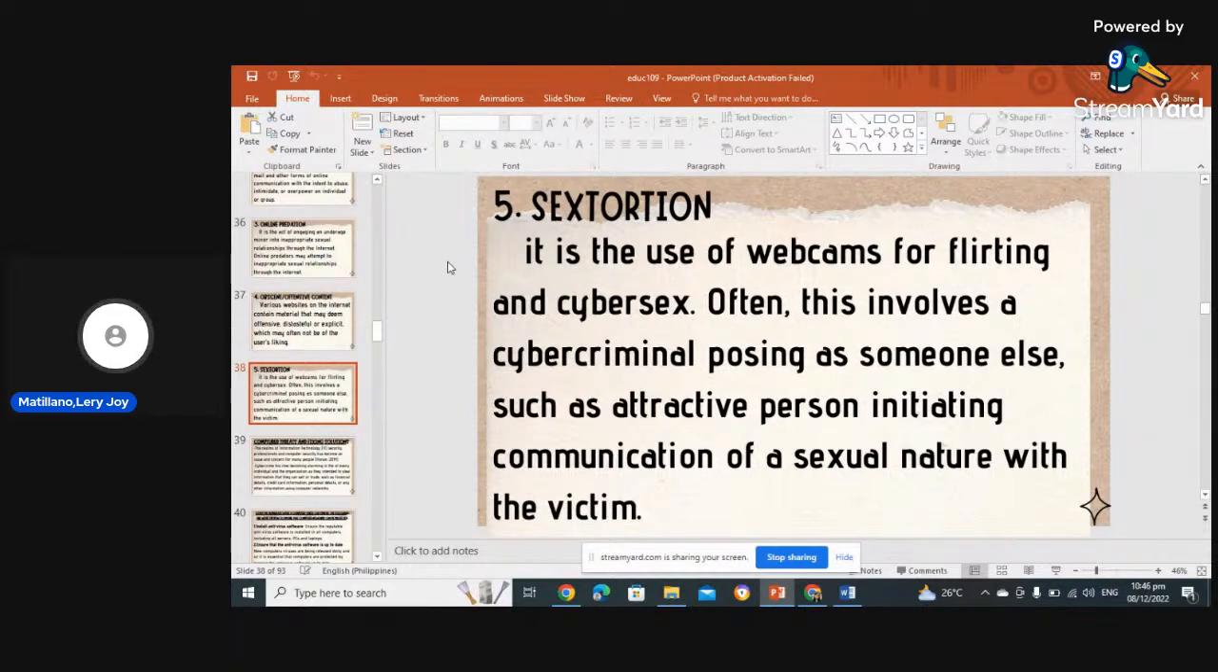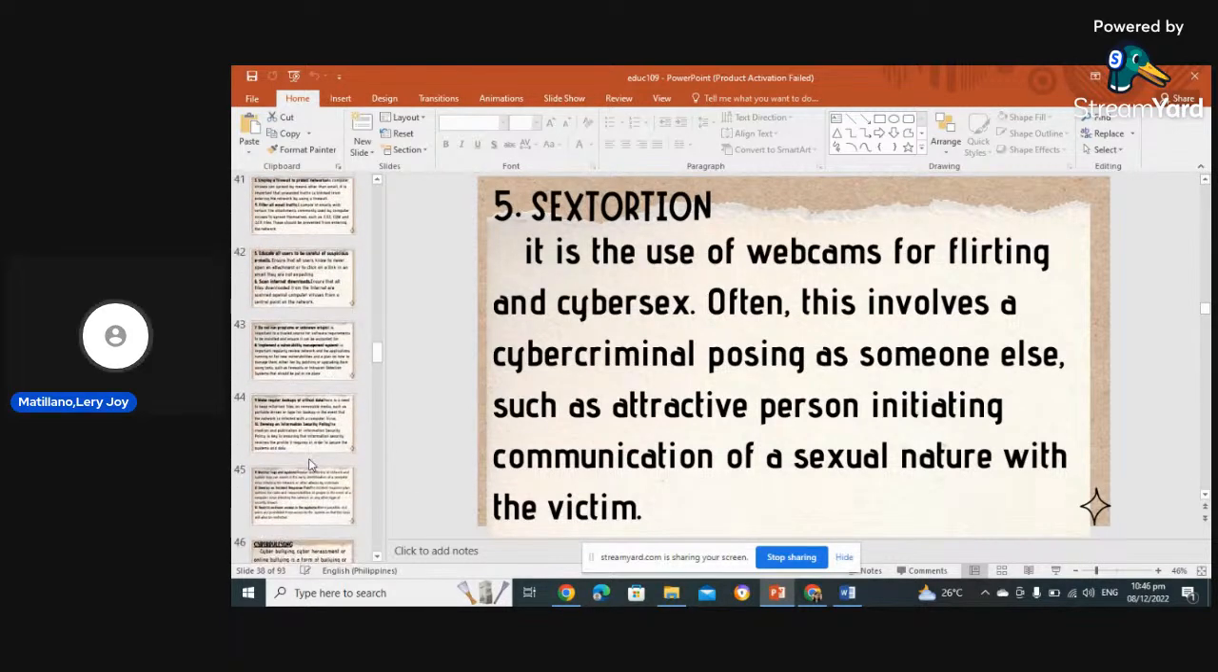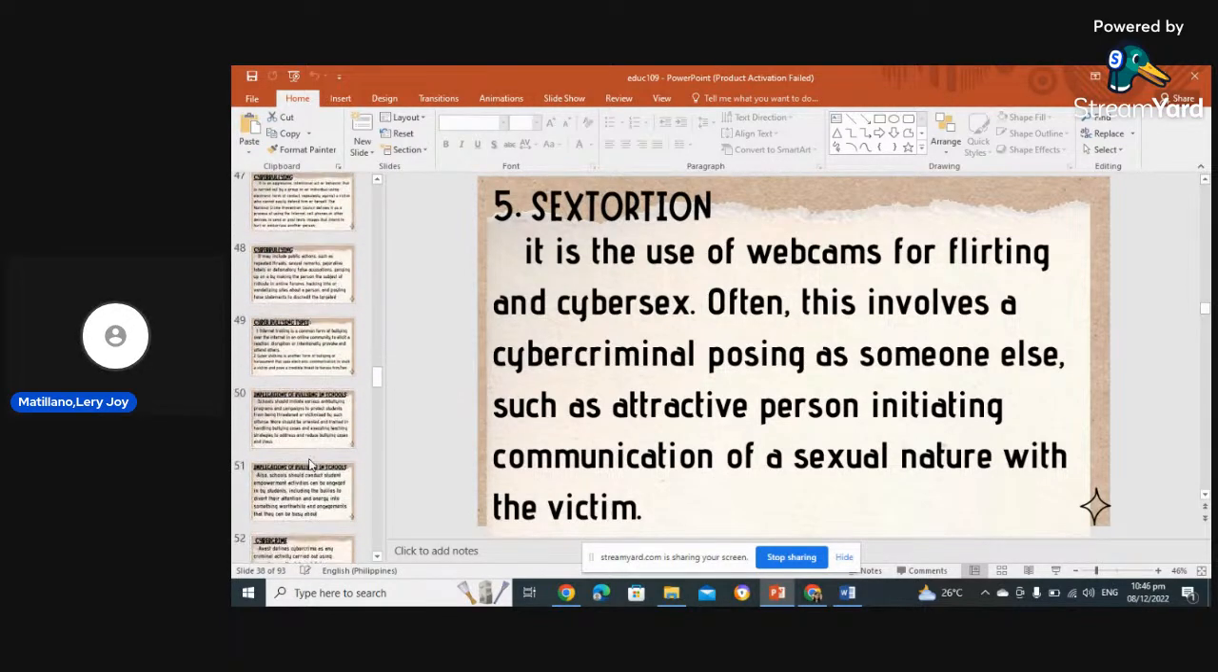It is a crime that involves blackmailing a victim. The extortionist threatens to share images, videos, or information about the victim's sexual preference unless the victim pays up or engages in more sexual acts. So, tapos na tayo sa personal safety and threats. So, let's proceed naman sa